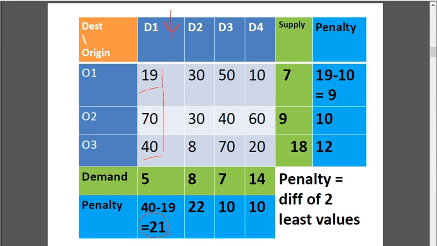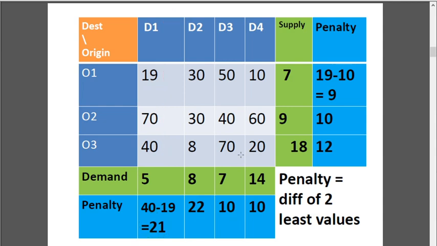Write it for that column. Similarly, for the second column, the penalty is 22. The next column, the penalty is 10. And for the last column, that is for the last destination, the penalty is 10. So write down the penalties for each row and for each column, in other words, for each origin and also for each destination.